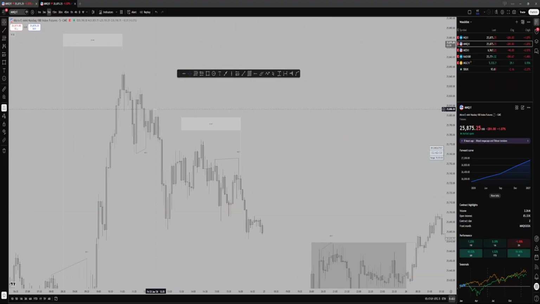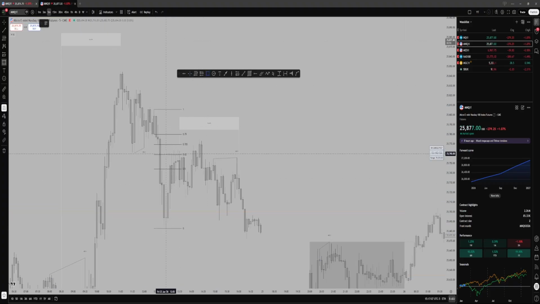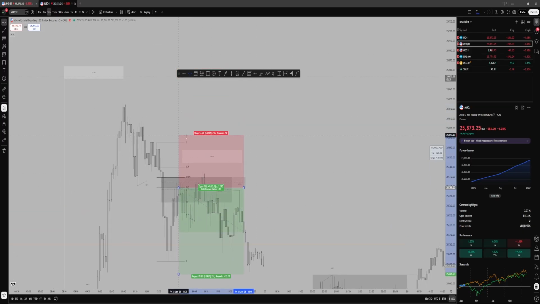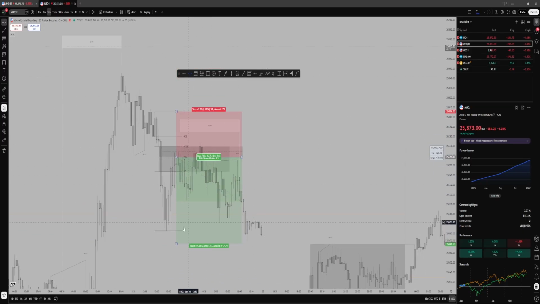Right, so we got our swing high to our swing low, and let's see if we have a fair value gap lining up here. So we do. And where did I say that we want our zone to be? We want our zone to be in here. So as price enters, you can go here. You can put it at either one of these swing highs, and you put it at this low, and you